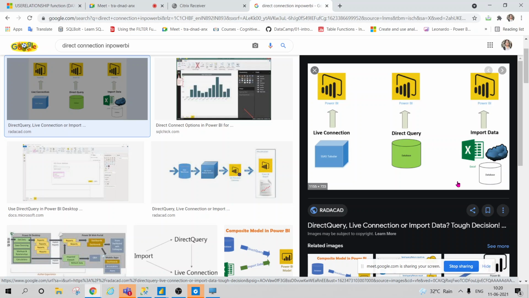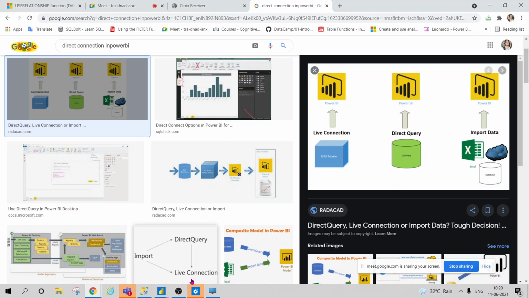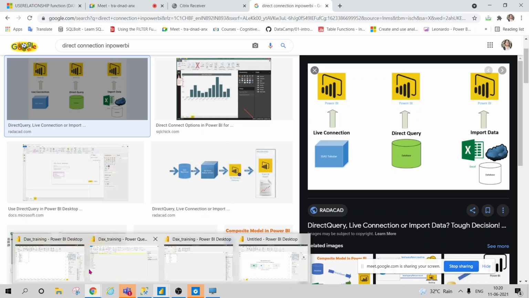Okay, what is live connection? Right. So live connection means when you are using already modeled data, not the one that you are going to query, already modeled data, something like SSAS Tabular, or any dataset which is already modeled. Then you are using a live connection, because that model is already published somewhere. So like I show you here,